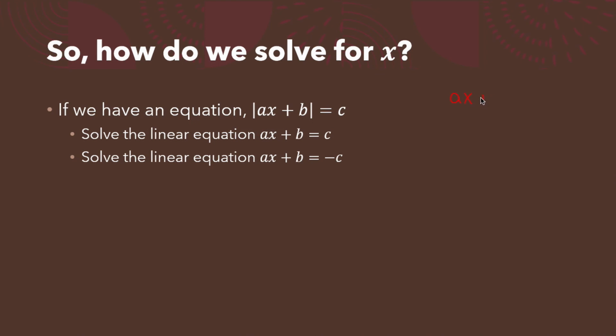So we're basically solving ax plus b is equal to c, and we're solving negative ax plus b is equal to c. Now, if you're thinking, but wait, why is c negative then? Well, it's because we can take off this negative by dividing it by -1. So when we divide this by -1, we divide it on this side too. So this becomes ax plus b is equal to -c. And we've reached this equation.